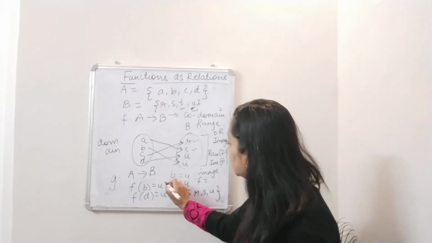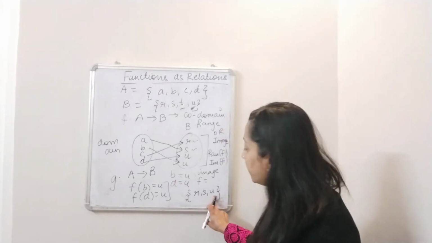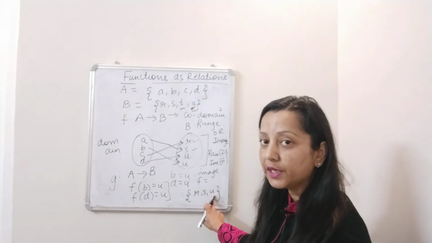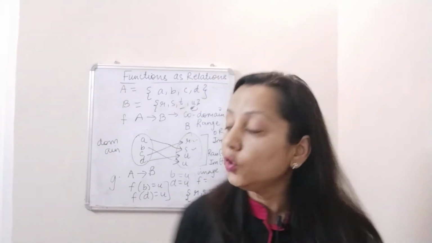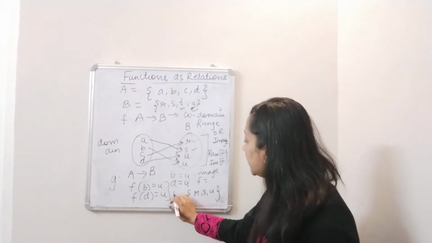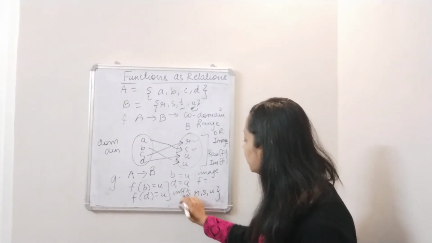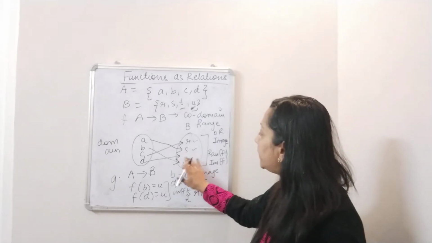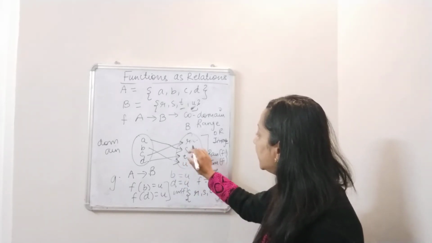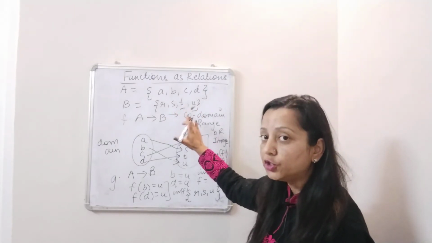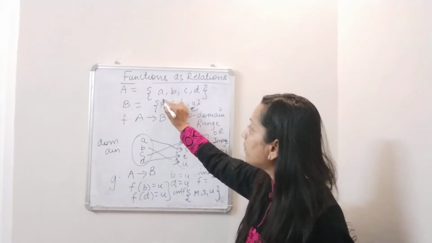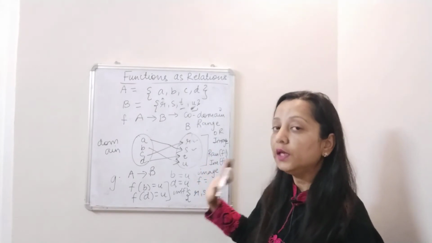Now U is being repeated, so I will not repeat it in this set. In this set it will be taken as a single element. So the image of function f in this case will be RSU. But if T, a separate element, is assigned, then it will be RSTU. So it is not that all the elements of B are called the image. Only those elements of B which have been assigned to A will be called the image.